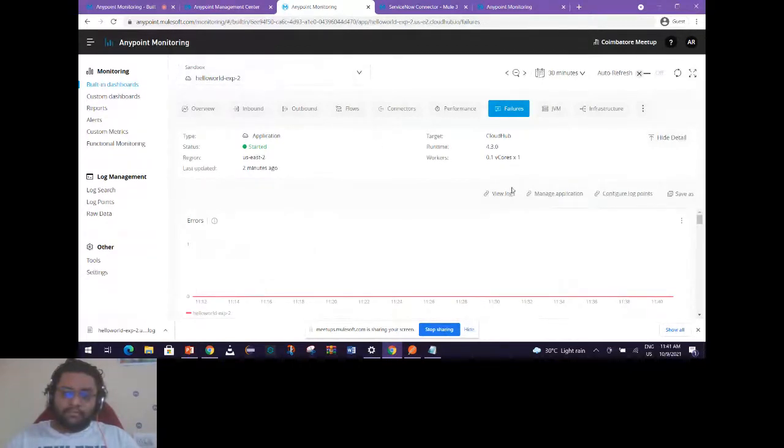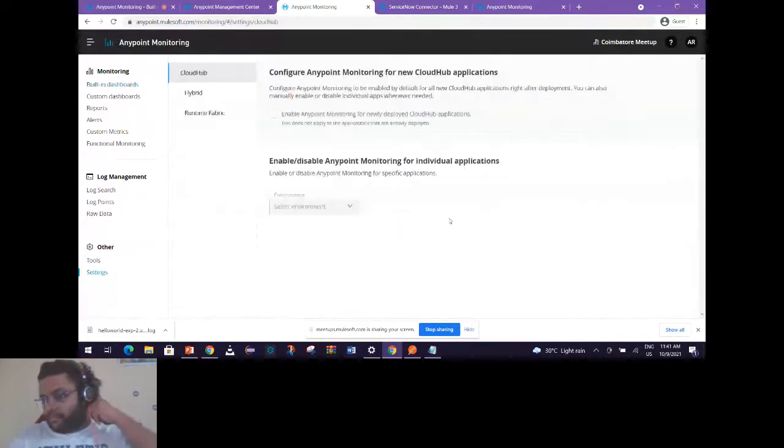Now let's come to how you can enable Anypoint Monitoring in your applications. There are three ways to enable monitoring in your application. First is automatic. You can enable monitoring for newly deployed CloudHub applications. Let's say there are a few applications that you want to deploy, and you want them to have monitoring enabled by default. You can go to the settings section, and this checkbox will allow you to enable monitoring for newly deployed CloudHub applications. But there is a disclaimer that it will not have any impact on your already deployed applications which do not have monitoring capabilities.